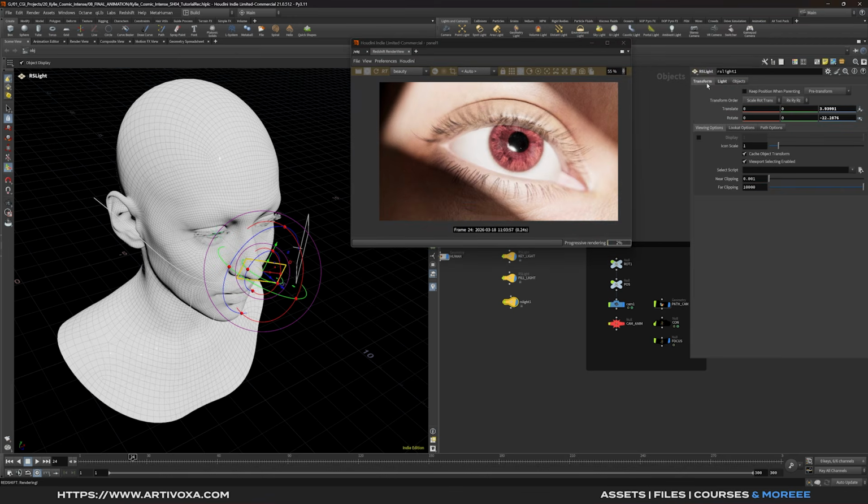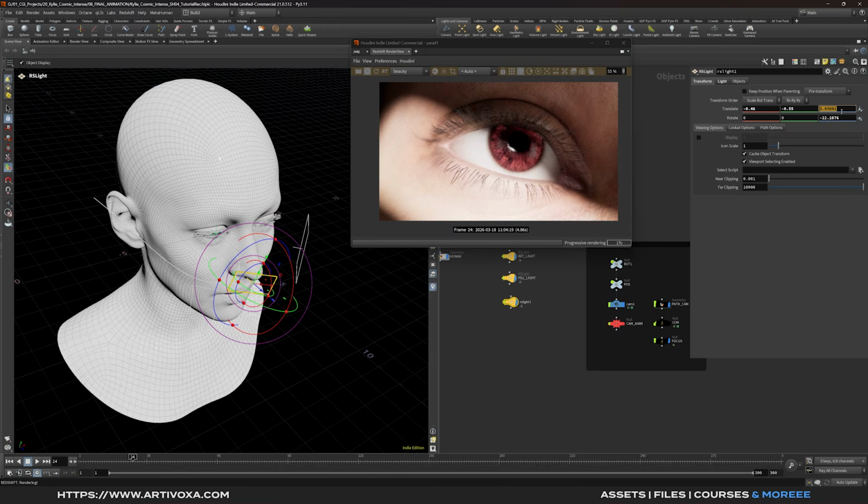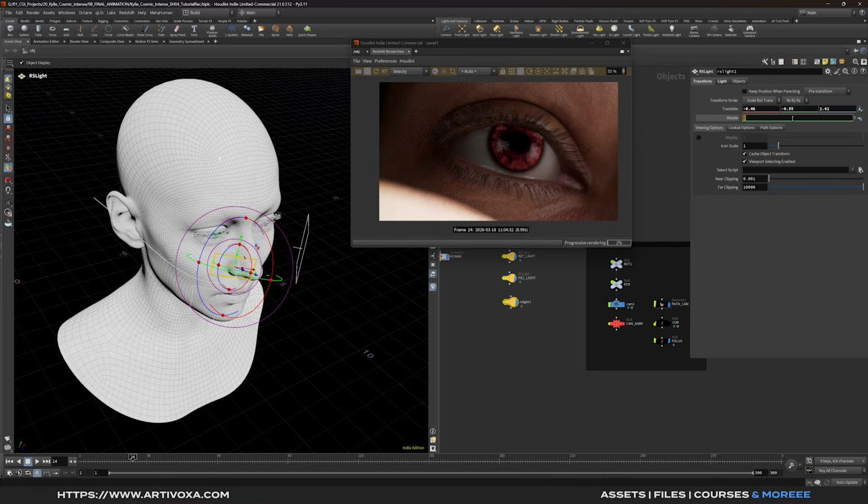So I will change the value on the transform node for this light. Here I will put the translate x to -0.46. I will change the translate on the y-axis to -0.55. So translate on the z-axis to 2.42. And the rotate on the x-axis to -16.34. I will change the rotate here to 2.9, and I will change this one to